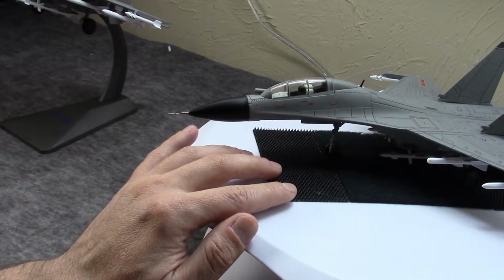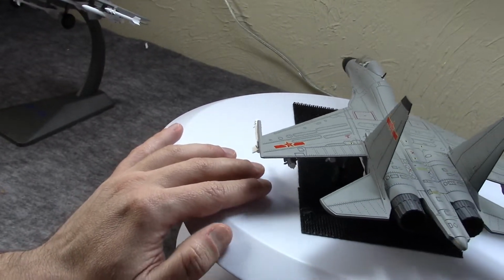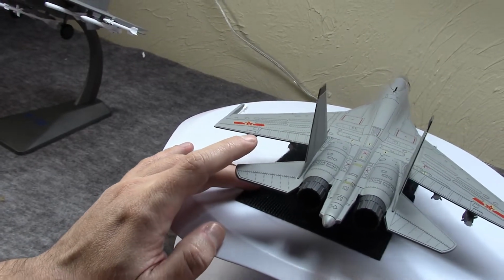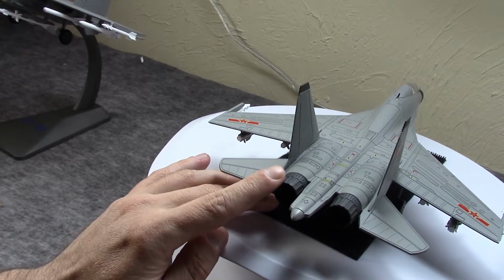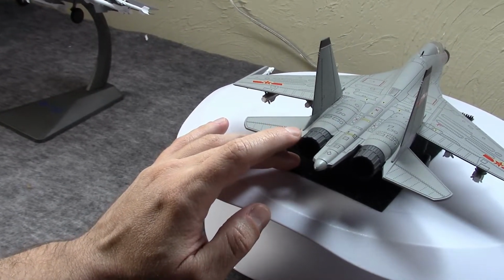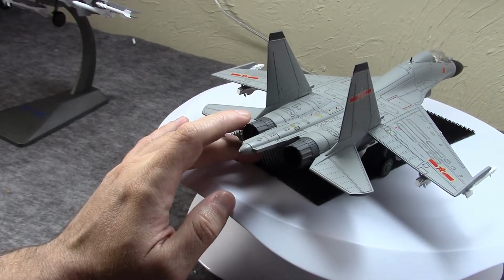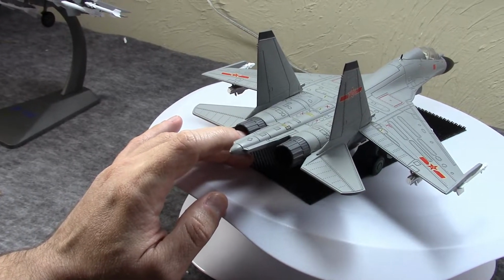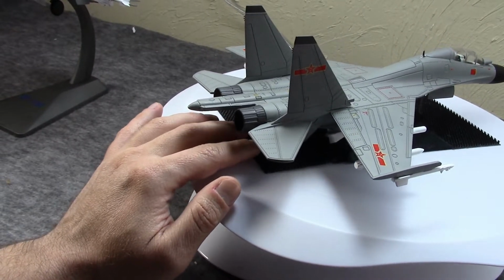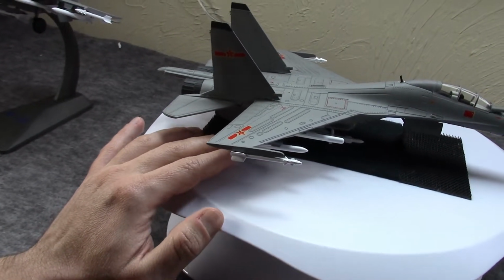This is said to be what will be the backbone of the Chinese Air Force going forward. They might go to 5th generation aircraft like the J-20 or J-31. Those would be analogous to their F-22s. This is more like their F-16, kind of the more workaday. This is defined as a 4.5 generation, so it is said to have elements of newer aircraft, including its radar